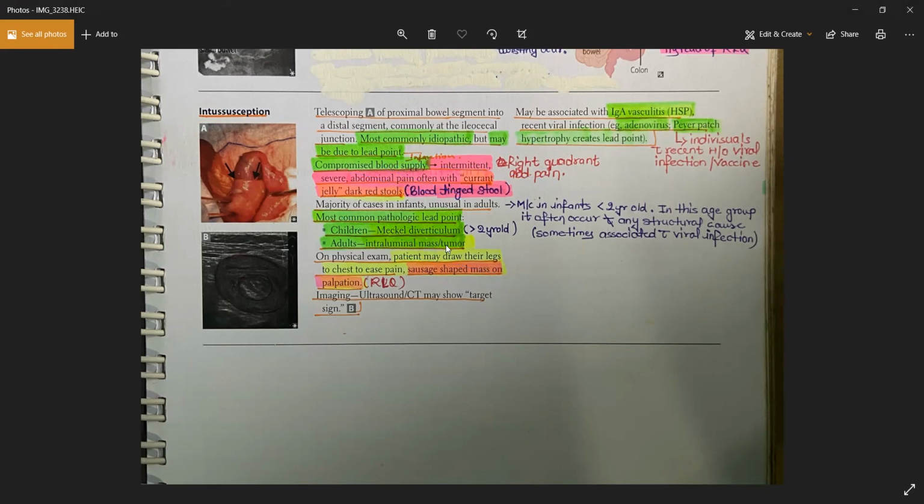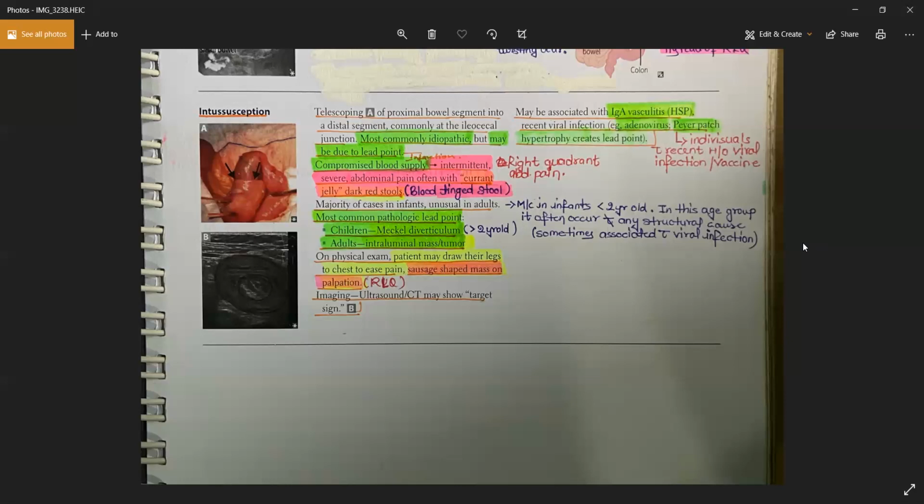In case of children more than 2 years of age, very important, the Meckel's diverticulum is the most common pathological lead point for the intussusception. For children less than 2 years, no specific cause is given. It is always idiopathic in children less than 2 years of age, but sometimes it can also be associated with a viral infection. Very important. So for children below 2 years of age, it could be idiopathic, it could be associated with a